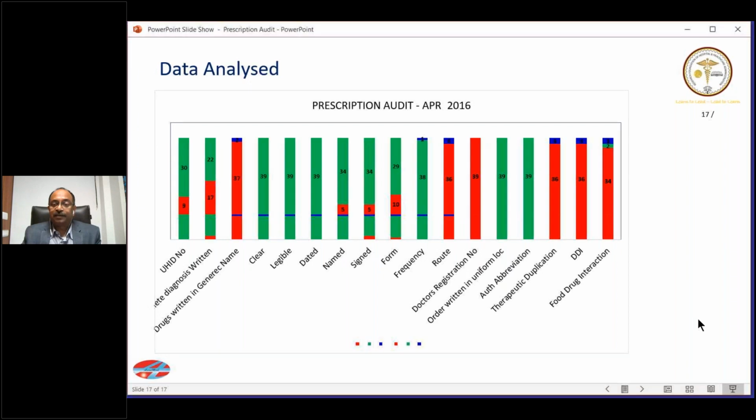If there are questions, I'll be happy to answer. Sir, how about representing this in the pie chart? Then we will know the percentage along with the red colors, right? So we can quantify it also.